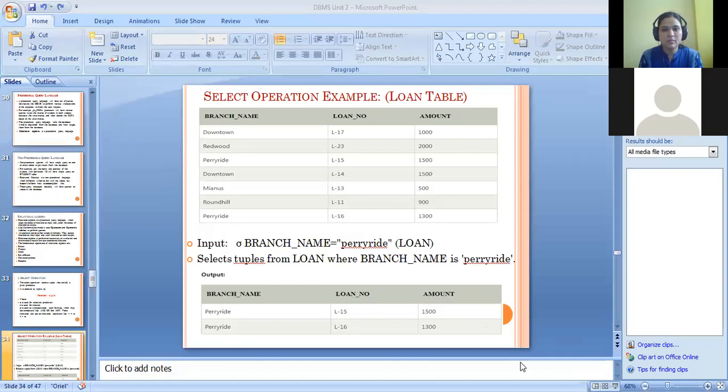Again, suppose we want to select the loan number whose amount is greater than 1000.